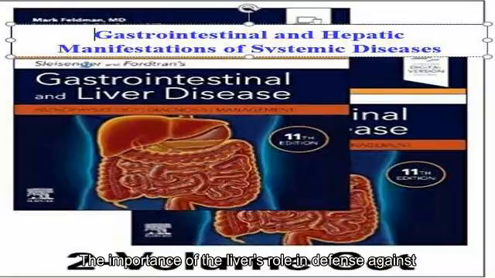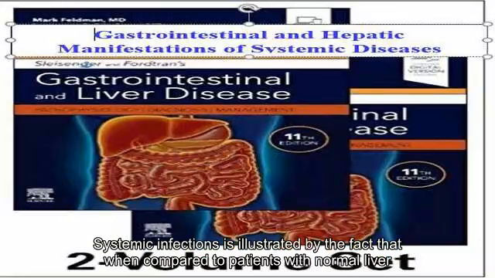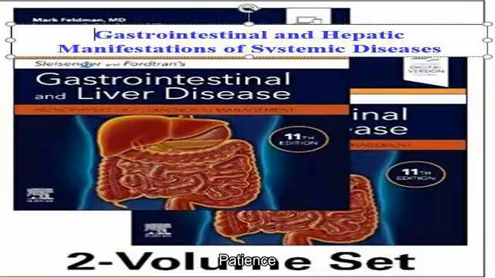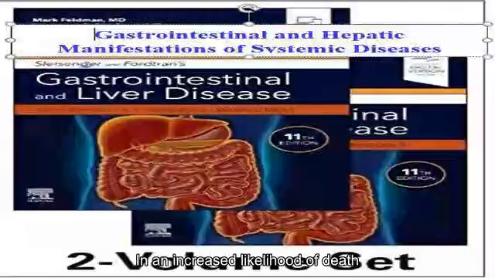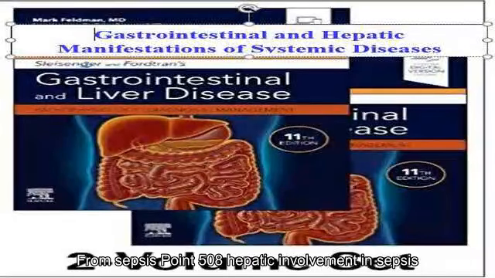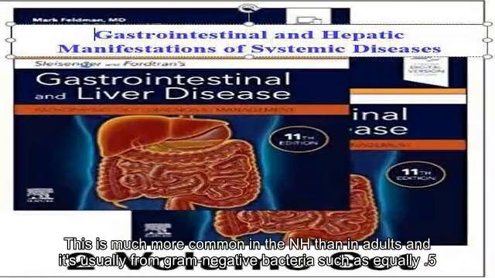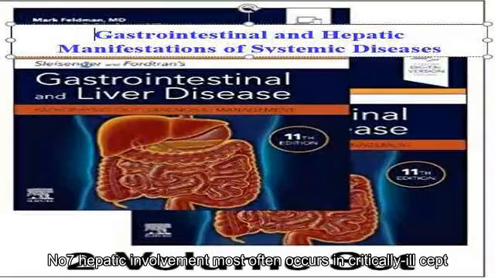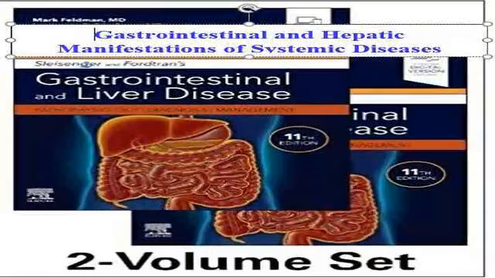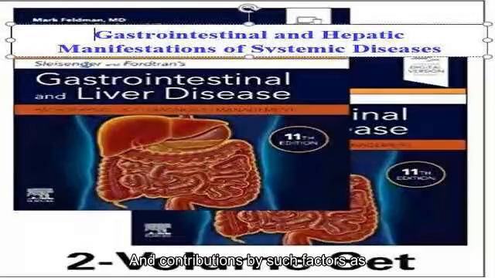The importance of the liver's role in defense against systemic infections is illustrated by the fact that when compared to patients with normal livers, patients with cirrhosis more commonly have hospitalizations associated with sepsis and an increased likelihood of death from sepsis. Hepatic involvement in sepsis is much more common in neonates than in adults and is usually from gram-negative bacteria such as E. coli. Hepatic involvement most often occurs in critically ill septic patients, and contributions by such factors as hemolysis, disseminated